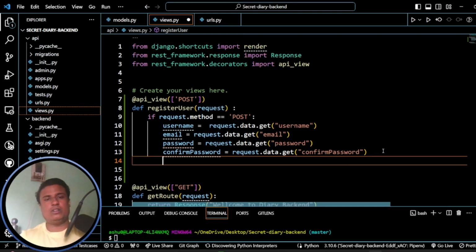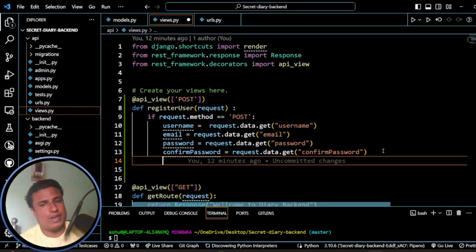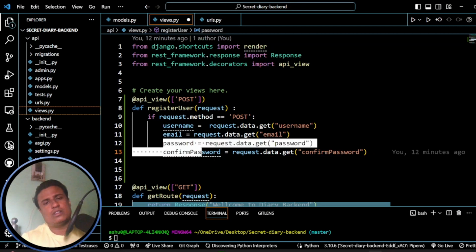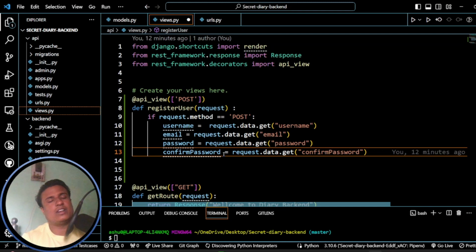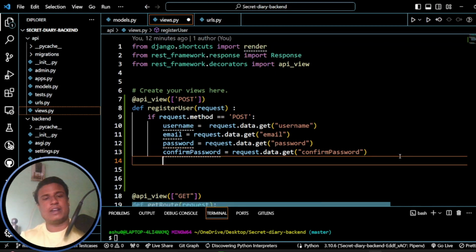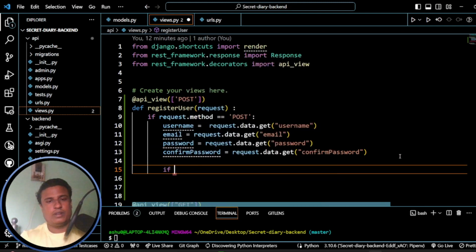So this is our data. If the request.method is POST, we're gonna do these things, and after that we already have the data, so we will check this. First you're gonna check whether the password and confirm password match or not. If it is not matching, then we'll throw an error like, you have provided a password that doesn't match, something like that. So if password not equal to confirm password,